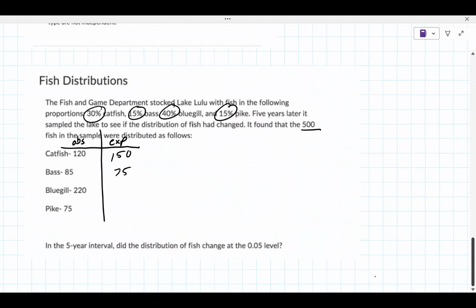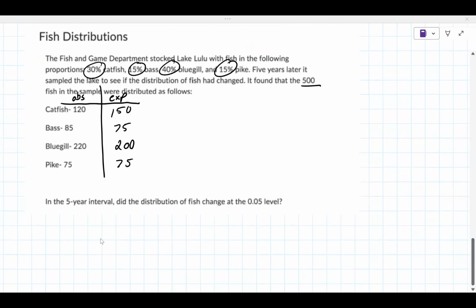40% of bluegills is 200. And then pike is also 75. So these should also add up to 500. The quick check on that, they do. All right. So now to answer question number one, we'll need this for part 2, but to do question number 1,